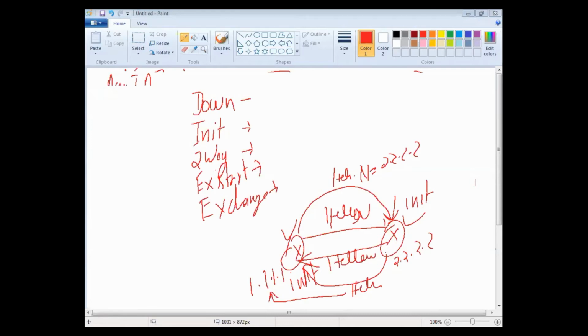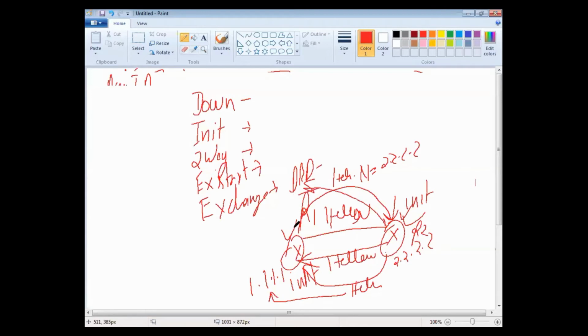A router will examine a neighbor's DBD. If we see R1 and R2, when R2 sends the DBD packet, that DBD packet contains the routing information and topology database of R2.